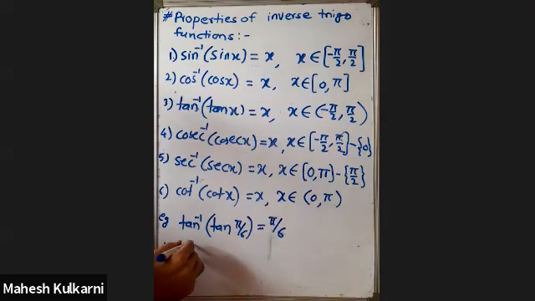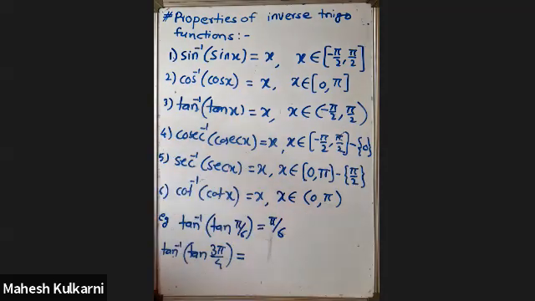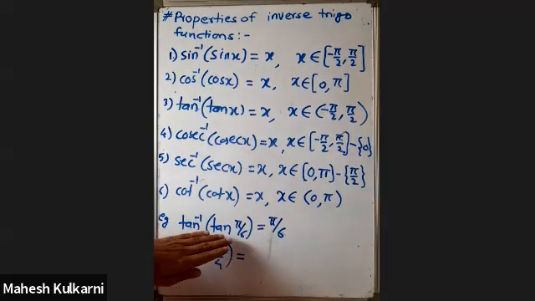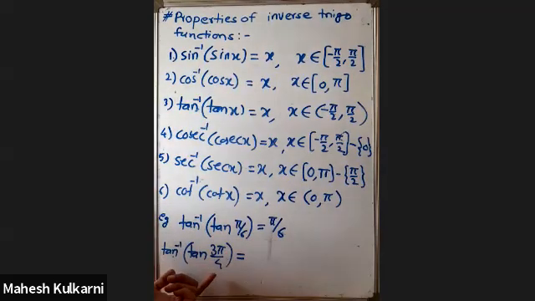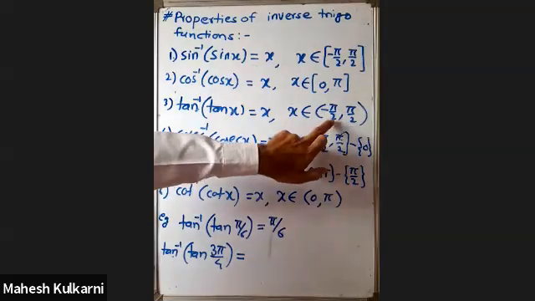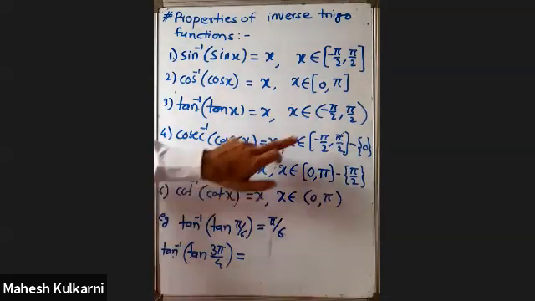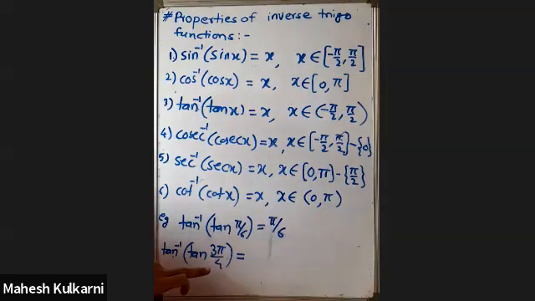If it is tan inverse of tan of 3 pi by 4. Now check this. Just as we wrote pi by 6 directly for tan inverse tan pi by 6, can we write 3 pi by 4 here? We cannot write 3 pi by 4 here because 3 pi by 4 is not in this interval. The angle is not between minus pi by 2 and pi by 2. It is greater than pi by 2. 3 pi by 4 is 135 degrees. So this is greater. So use the allied angle formula for this.